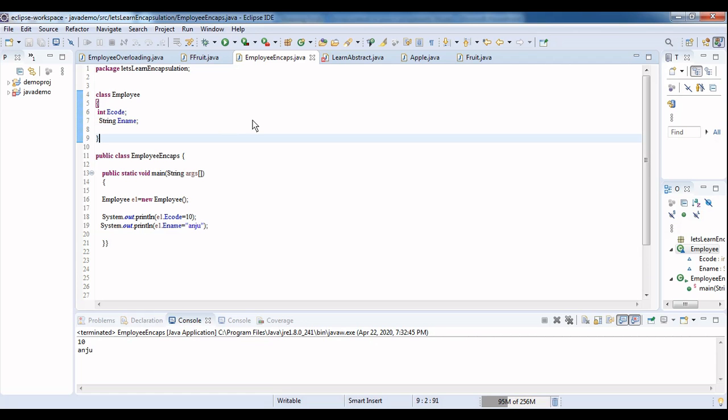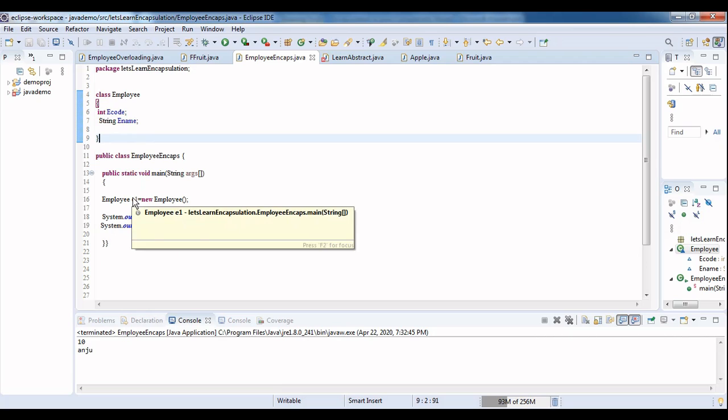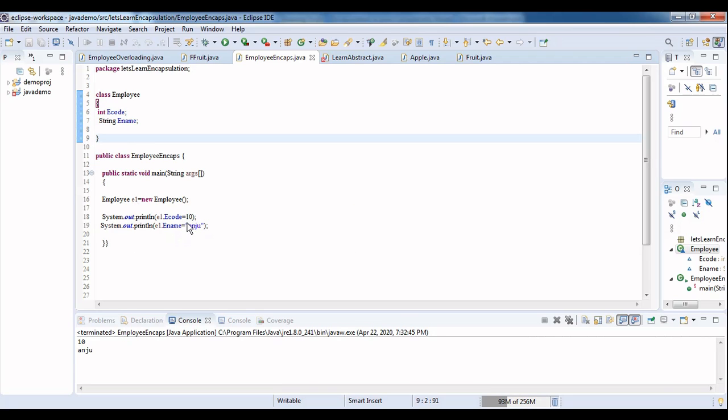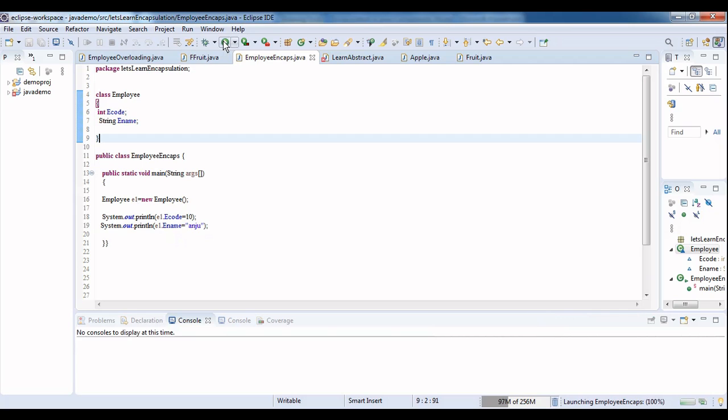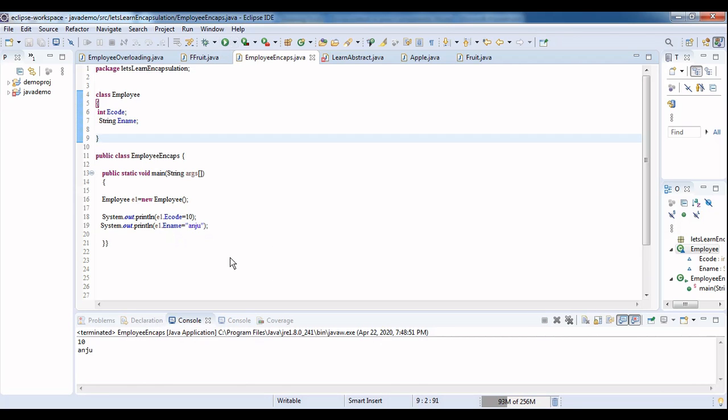See, here I have an example with a class named Employee, right? You are able to see it. Next, I have two variables, so a class containing two variables. In the main method of the class, I am creating the object variable for the class and assigning values for it. So employee code and employee name. Then I am creating an object variable for the class and trying to assign values to it. Now I execute. What happens? It is able to display, right?